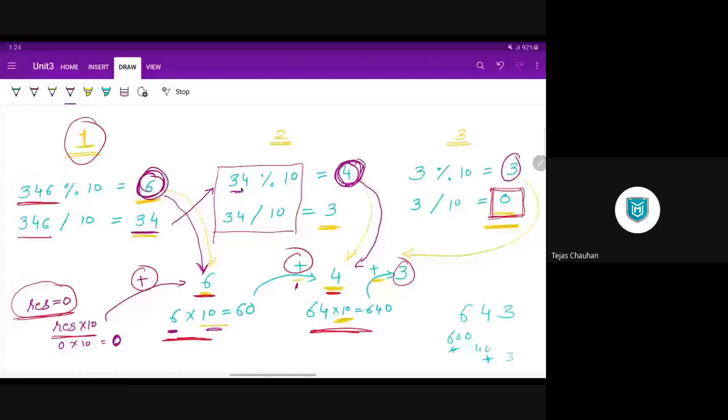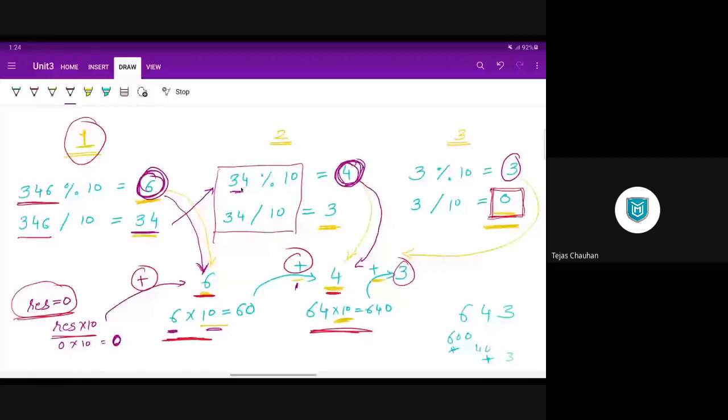What calculation, we will see later, but in the next iteration we have 34. Again modulo 10 will give us 4, and that extracted digit will go for the calculation, and so on. So this is a repetitive process: modulo 10, divide 10, modulo 10, divide 10, and so on.